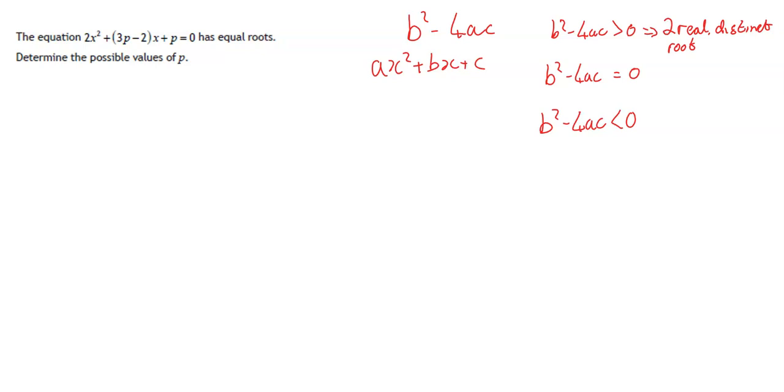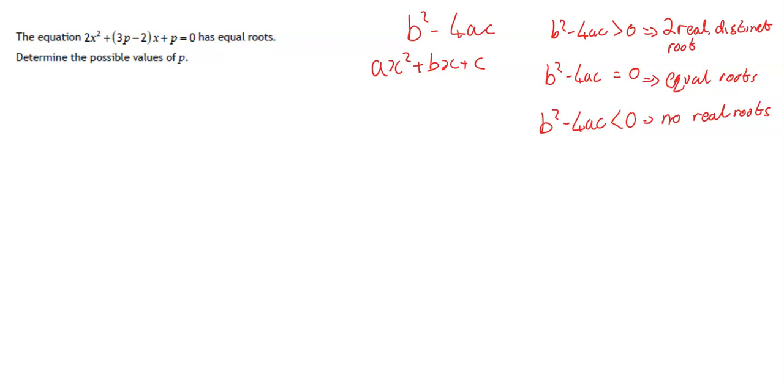If b squared minus 4ac equals 0, what we have is what are called equal roots. So we'll only get a single answer from the quadratic formula. If we were to look at it graphically, what that would mean is the quadratic would touch the x-axis and go off again. So it physically wouldn't cross it, but it would still come into contact with it. And if we have b squared minus 4ac negative, we get no real roots. So it doesn't touch the x-axis at all, doesn't cross it, just stays above or below